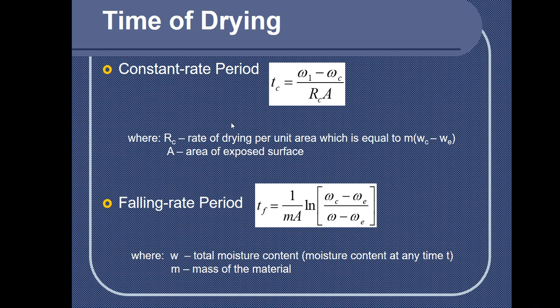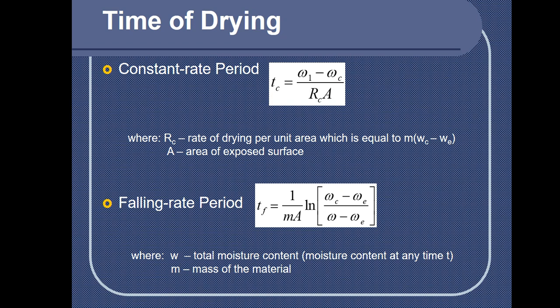Now, we also have what we call the time of drying. When we calculate the time of drying, we calculate the drying time at the falling rate period and at the constant rate period. As to the constant rate period, since it's constant, the time there is represented as T sub C, as you can see here, and the formula is also expressed in terms of omega. Omega 1 is the initial water content and omega C is the critical moisture content